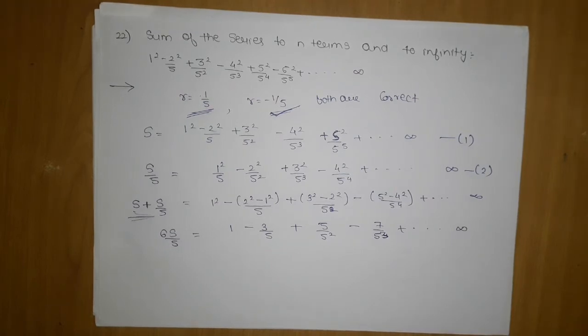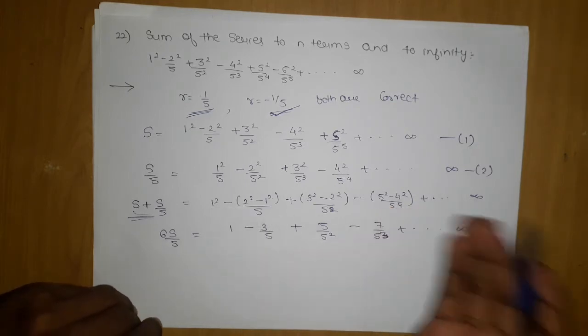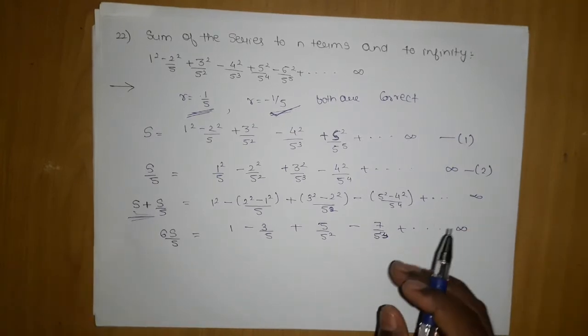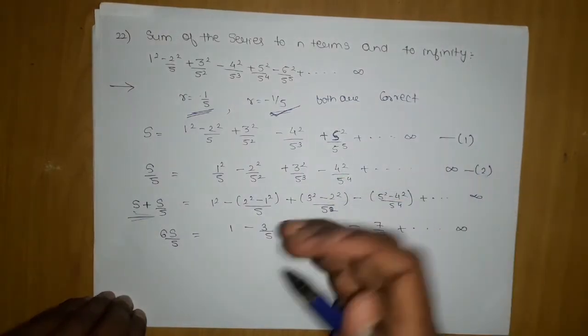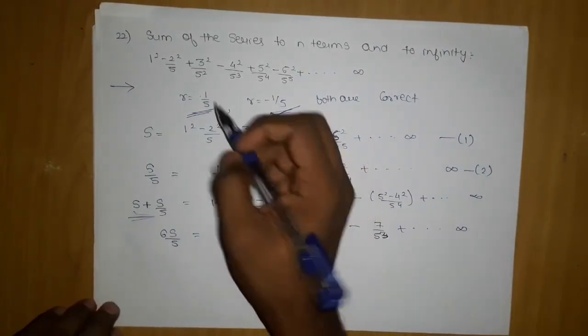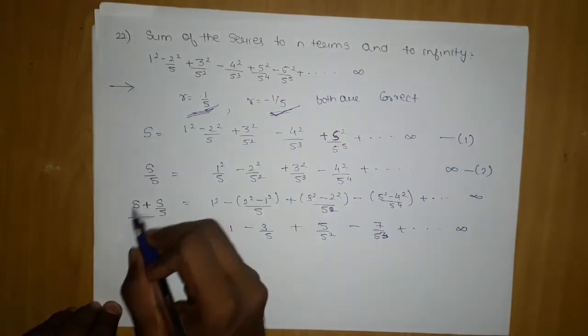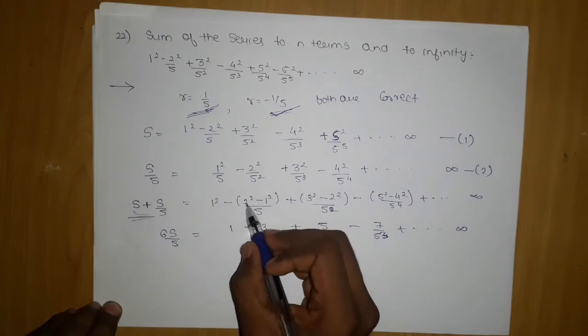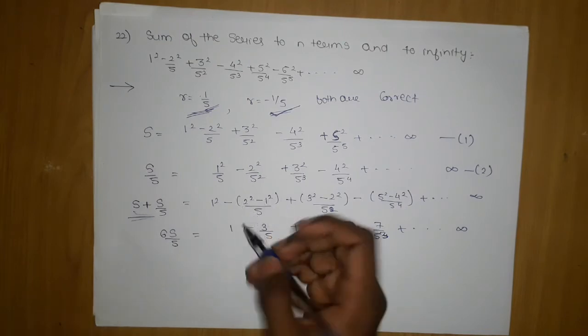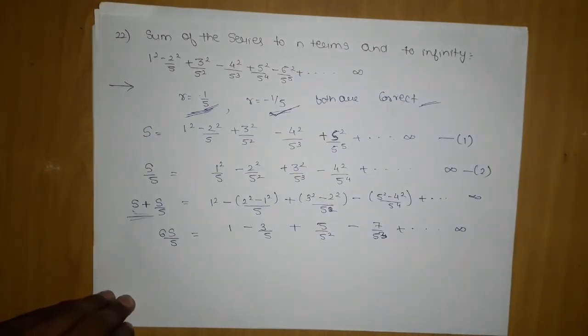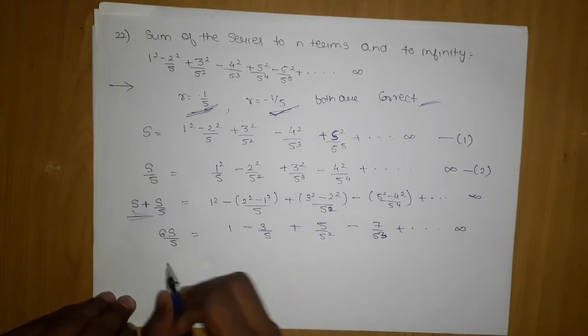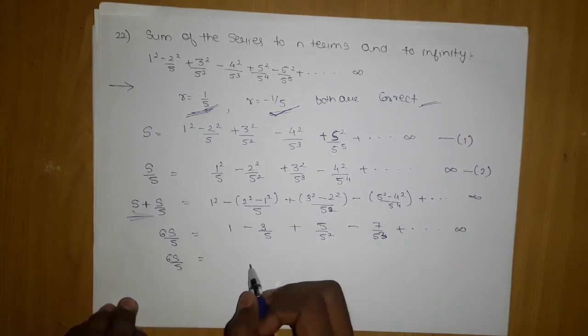Now one more thing: if we have taken negative 1, then you do not have to take the minus outside, you will automatically get 2 square minus 1. That is why I was telling you that r is equal to minus 1 by 5 means you just follow the fixed pattern and get the answer. While if anyone takes r is equal to 1 by 5, he has to do s plus s by 5. Why? Because he has to create this. But if anyone takes minus 1 by 5, which as I told you in the lectures, always take r is equal to minus 1 by 5, then you don't have to think anything, you just go with the simple way. Now 6s by 5, you can observe,